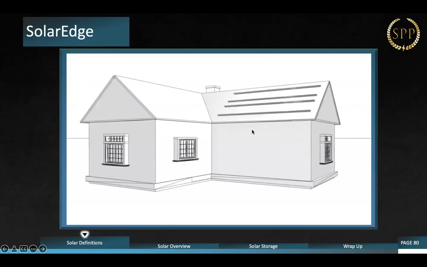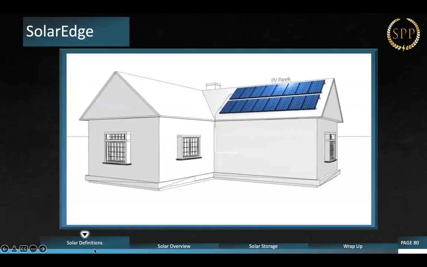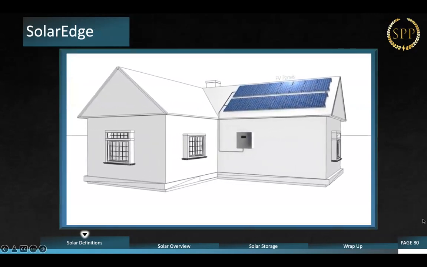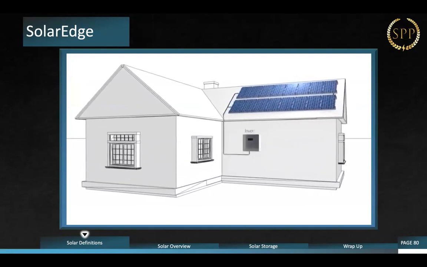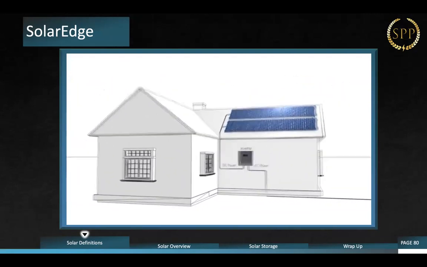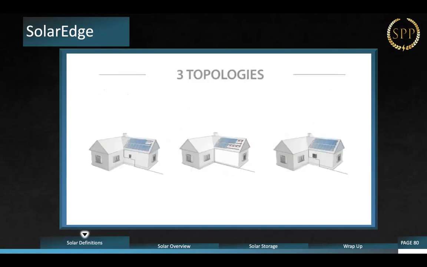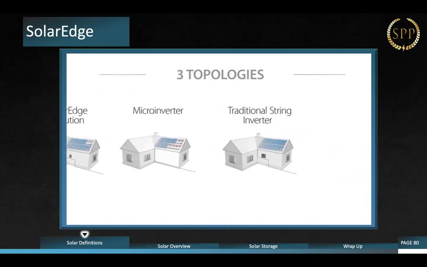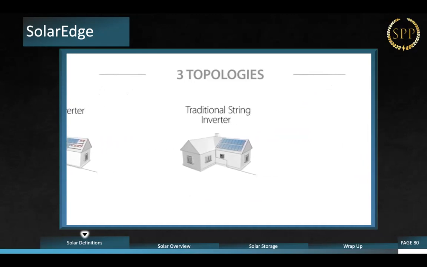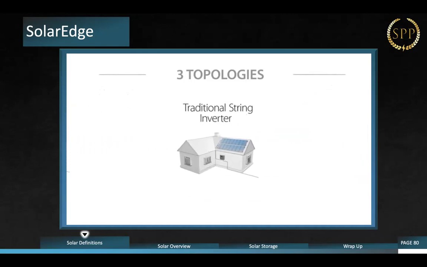A photovoltaic system consists of PV panels, which produce DC power when exposed to sunlight, and an inverter, which inverts the DC power into AC power that is fed into the utility grid. Three different inverter topologies are currently used in PV systems: a traditional string inverter system, a microinverter system, and the SolarEdge solution. The traditional string inverter topology, which is still used in the vast majority of all installations, has a